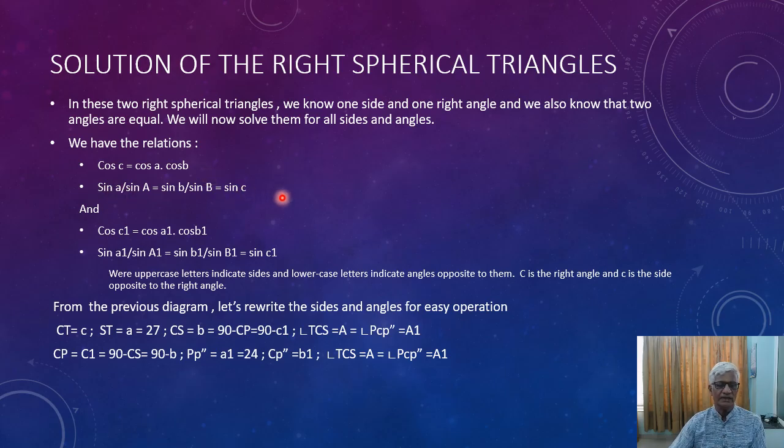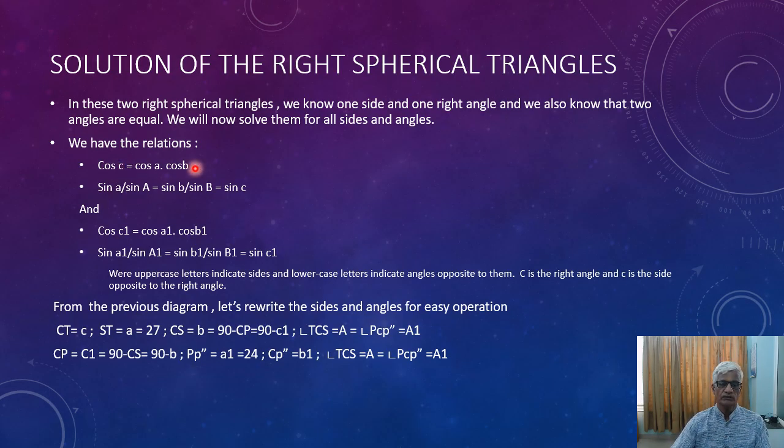The sine of the angle, the sine of the side opposite to the right angle, will be equal to the sine of the one side divided by the sine of the angle opposite to it. So in these two relations, two right-angled triangles, we can write